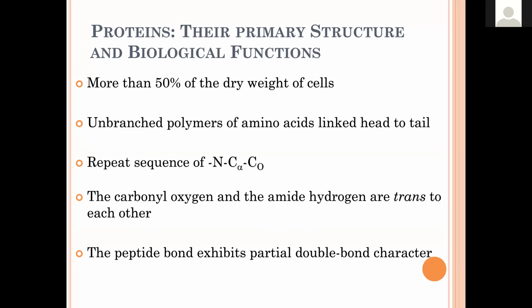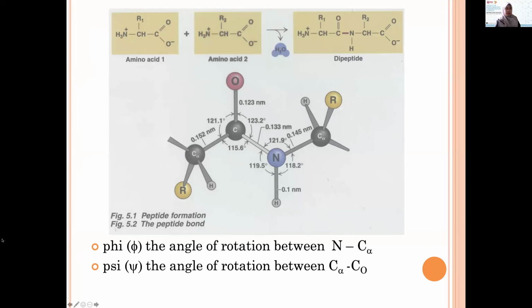Here is what we want to discuss. We have the torsion angles called phi and psi. Phi is the angle between